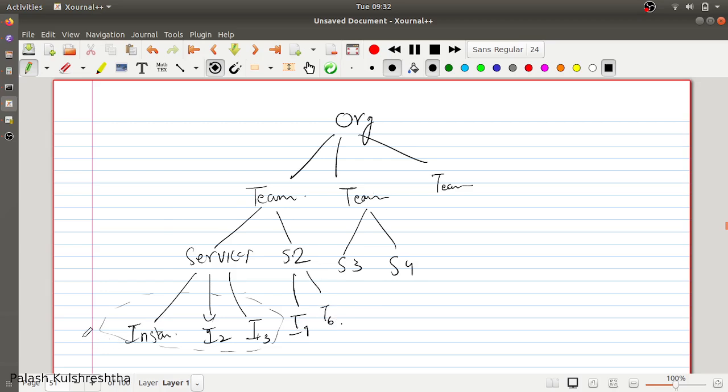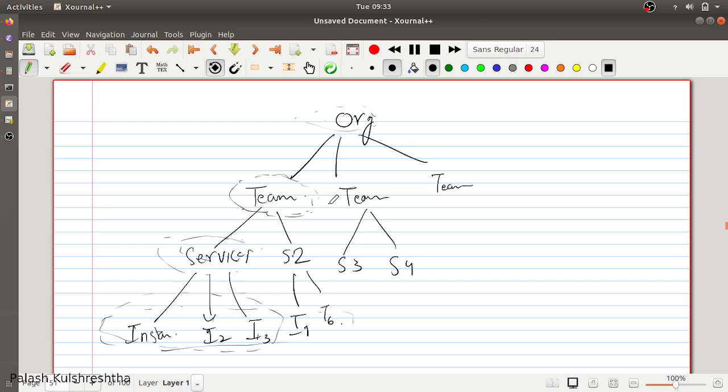Now you can get the idea that if instance level configurations are not present, you can pick the service level configurations, and if service level configurations are also not present, you can pick team level, and similarly for organization level. This is only possible when they are common configurations, but if there are some service specific configuration, it won't make sense to pick team level configuration, or it won't make sense to keep team level configuration for service level attributes.